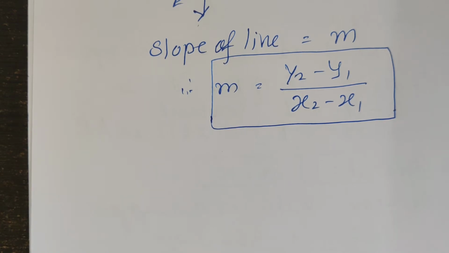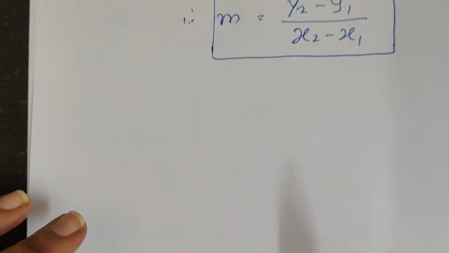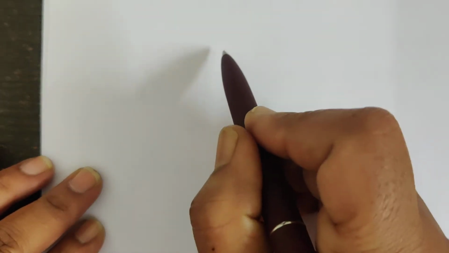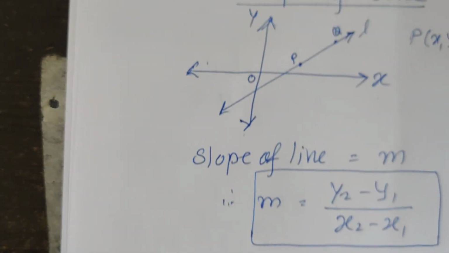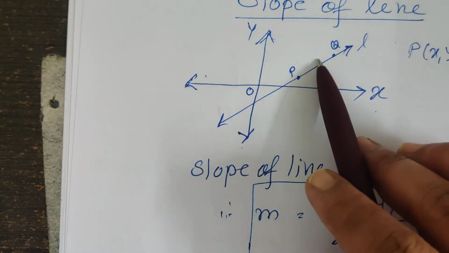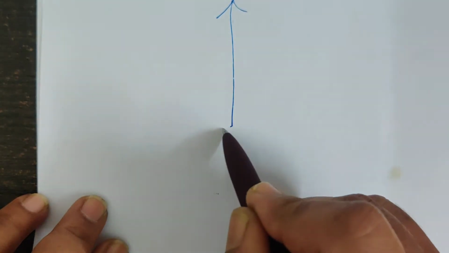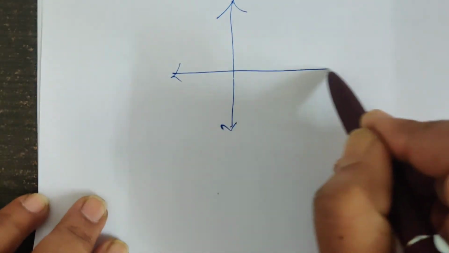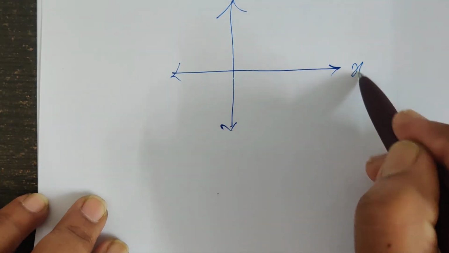Then a few things you should keep in mind, a few points related to the slope. The first point: the slope of the x-axis is 0. Now why is the slope of the x-axis 0? I will explain that in short. See, slope means a slant line. So here L is a slant line. But now this is the y-axis and here it is the x-axis, and you want to find the slope